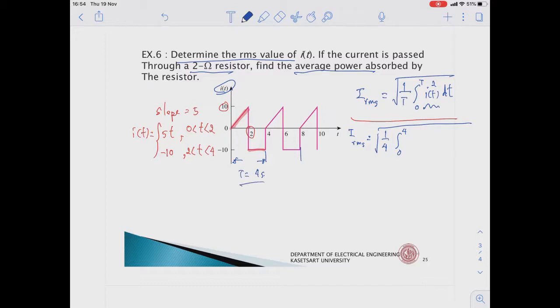Our time period is 4, right? So it's a piecewise function, so we integrate the first term (5t) square dt, and then plus